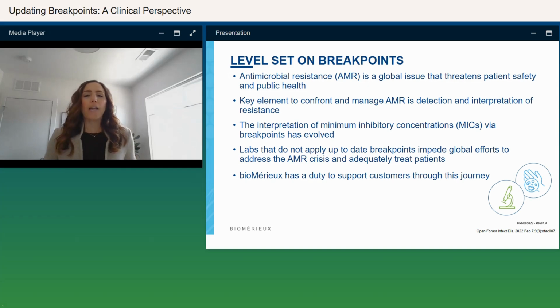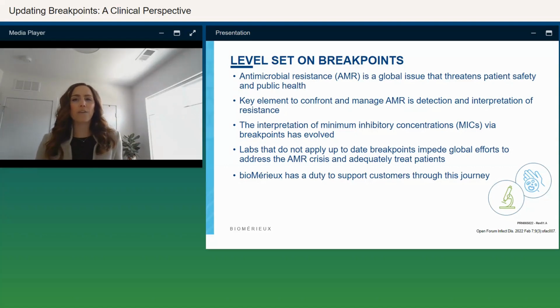So, antimicrobial resistance is a global issue, and it's global because these organisms, these resistance mechanisms, know no boundaries. In order for us to be part of the conversation, part of the solution, we must first be able to detect and interpret resistance in order to respond to it. Herein lies the great challenge. Breakpoints are a moving target. The interpretation of MICs via breakpoints